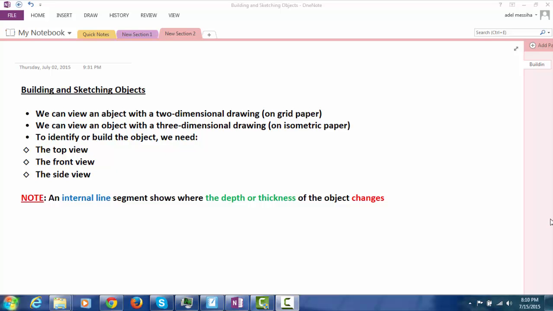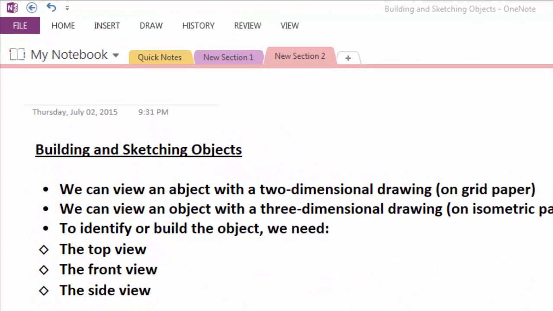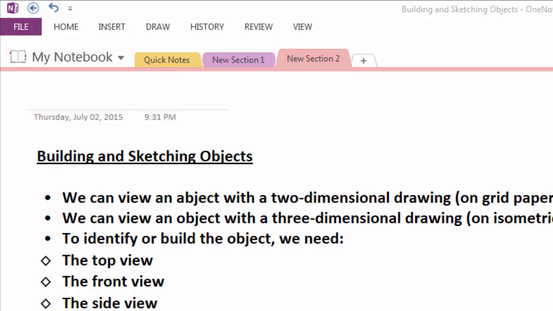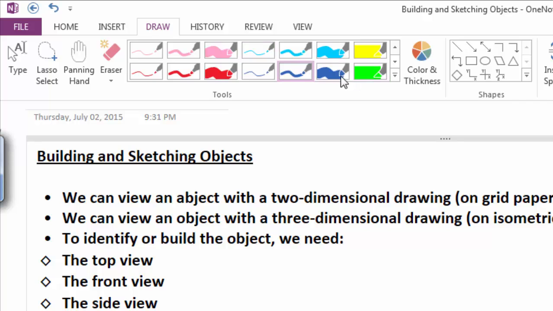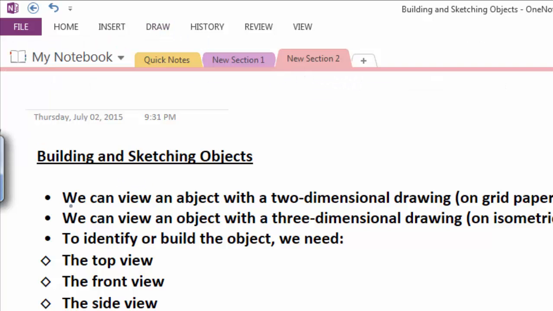Unit 3, Lesson 1. We are going to talk about building and sketching objects. So, how can we do that? Before we go into details, I'd like to get your attention about some important points. So, first of all, number one,